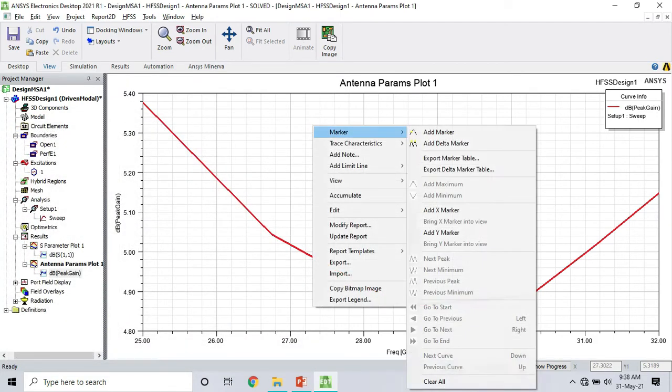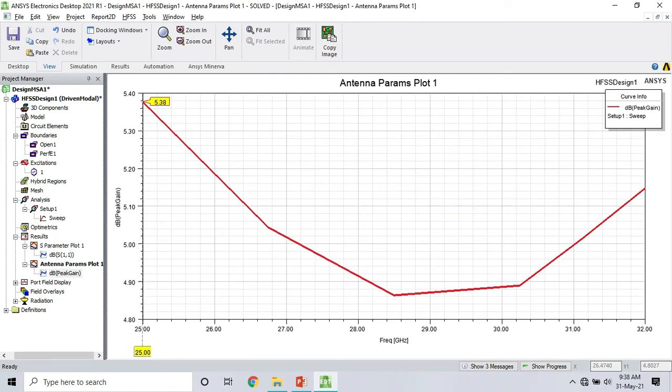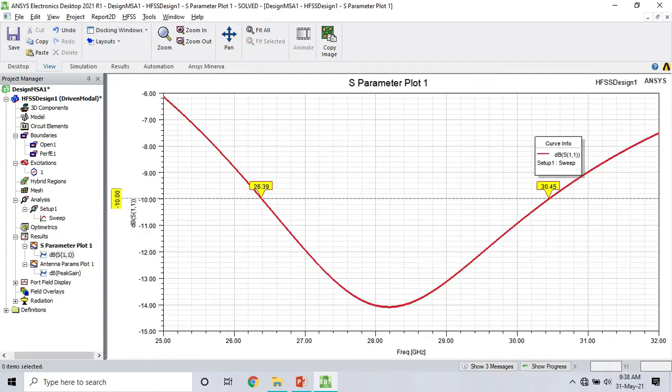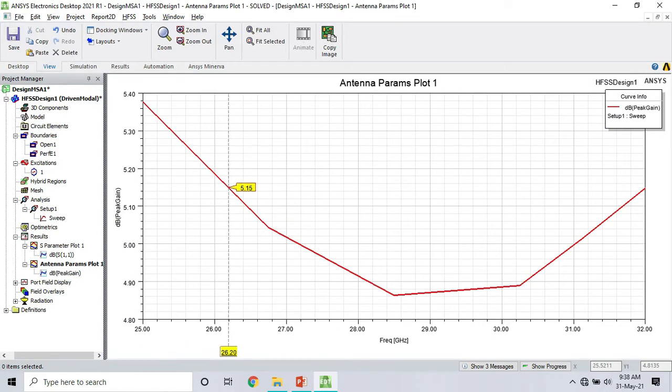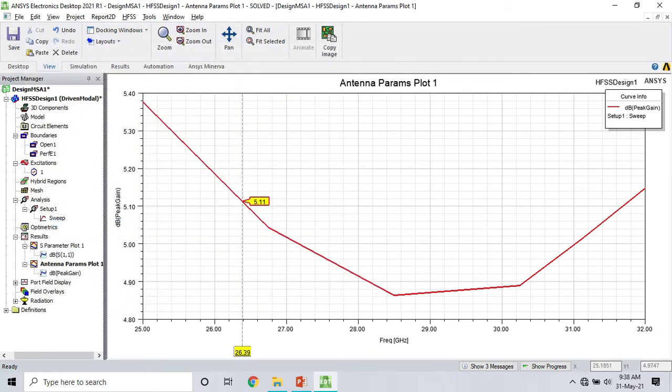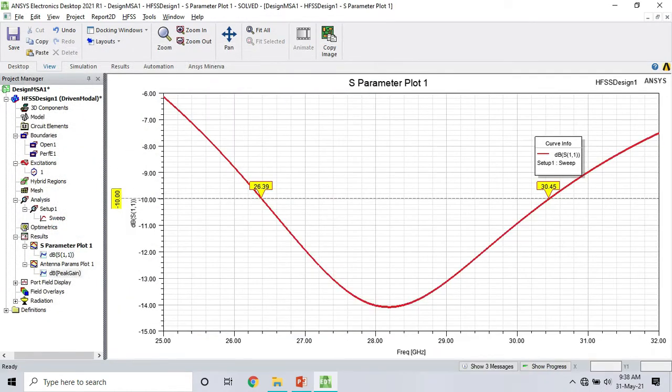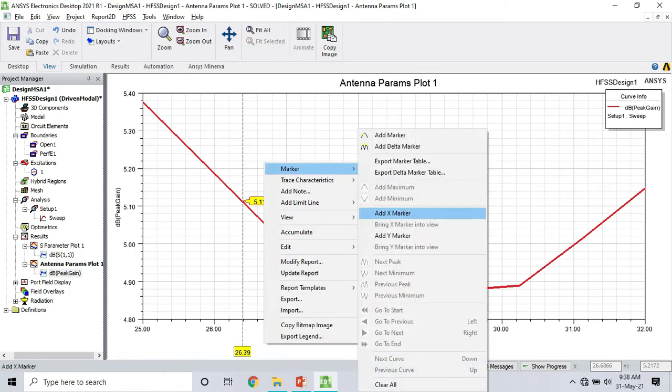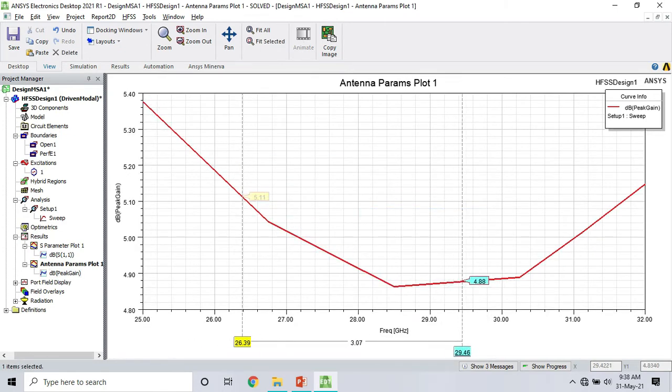I can add markers, add X marker from 26.39 to 26.39, or you can right click on it and add it manually. Don't need to drag to that position. 26.39, you can enter it. Okay, to 30.45, right click, add X marker. You can add as many markers as you want on X and Y. 30.45.